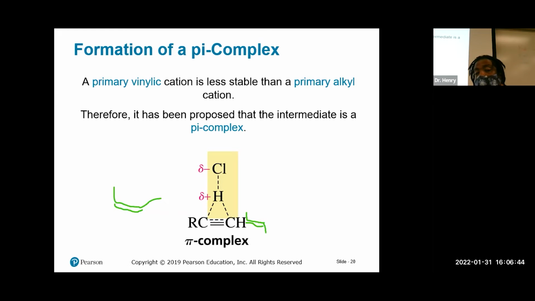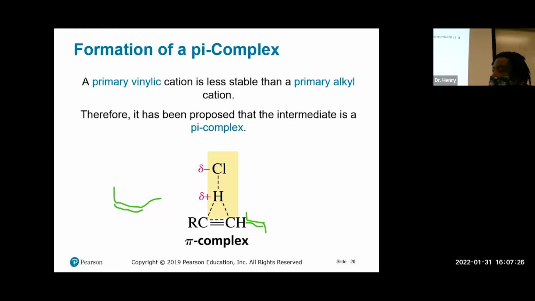Okay, so the other thing we're going to have to be aware of is that sometimes we're going to have the formation of the pi complex. Now we know that the primary vinyl cation is very unstable, right? And because it's unstable, it's looking for a way to stabilize itself. We also know that it's less stable than the primary acyl cation. And because of that, again, we're going to be forming this intermediate, what we call a pi complex,